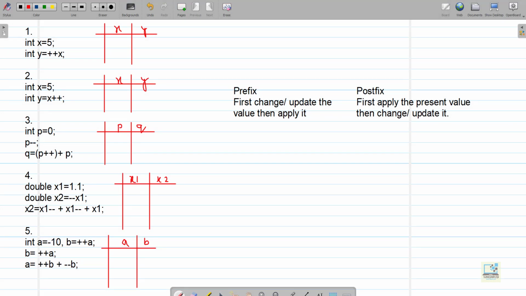I have these examples ready. First, see the rule. For the prefix, the rule is first change or update the value, then apply it. For postfix, the rule is first apply the present value, then change or update it. Let's come to the first question. x is 5. y is ++x. As you can see, ++x is prefix, right? So we will be first changing the value. x will become 6 and then we will apply the new value, which is 6, because of which y will